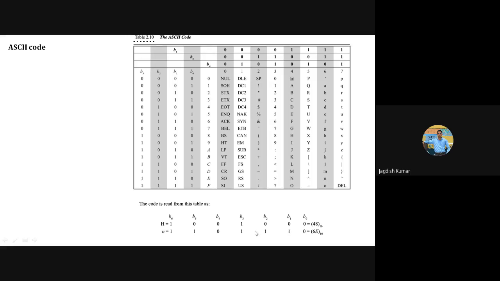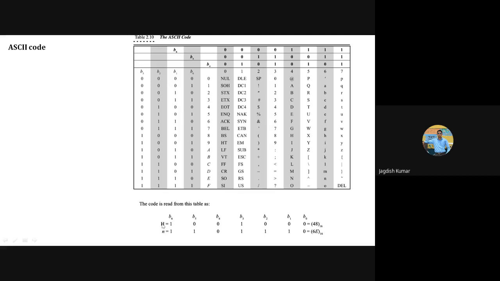So you can see 0, 1, 1, 1. And the remaining bits, B4, B5, B6? You go to n and look in this column. That will be 1, 1, 0 respectively. So that is how we can write any particular alphanumeric in ASCII format.